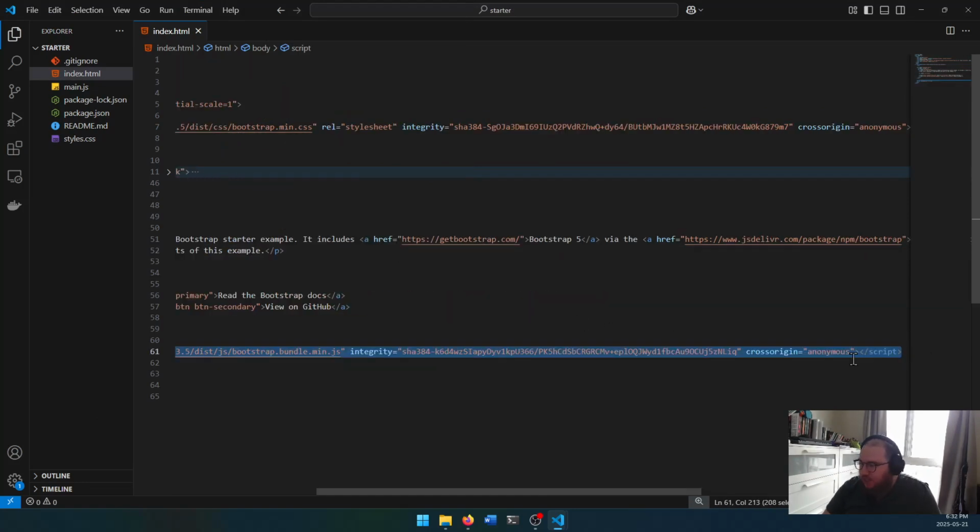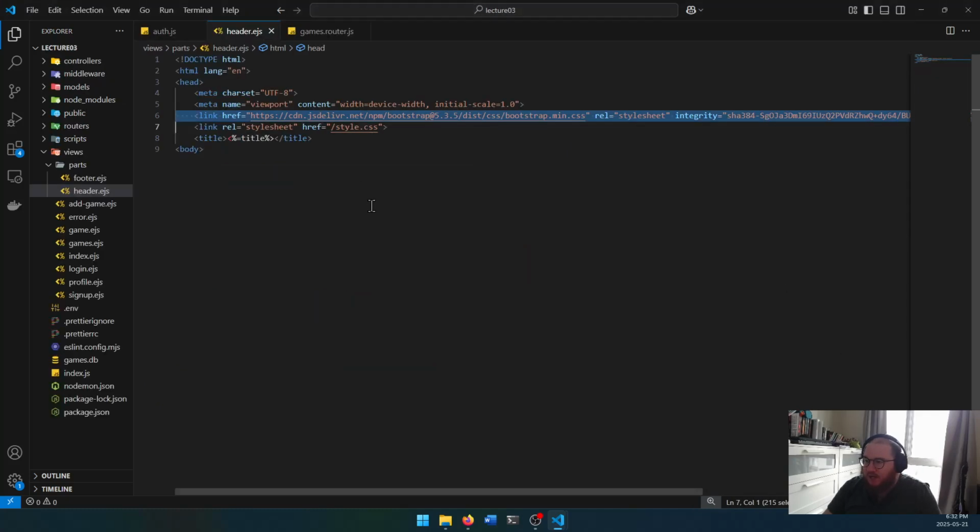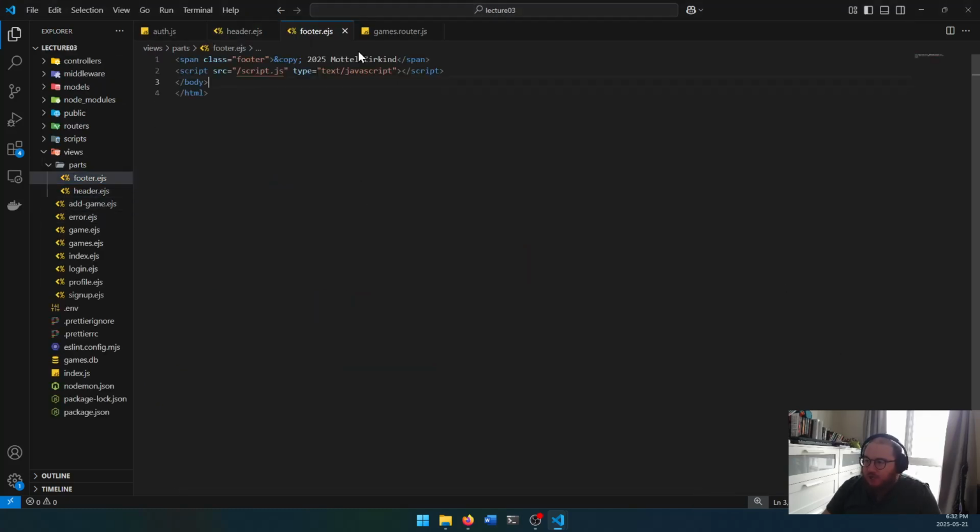The other thing I'm going to add is a CDN link to the footer, which is a JavaScript library. There's a JavaScript file as well. And the reason for the JavaScript